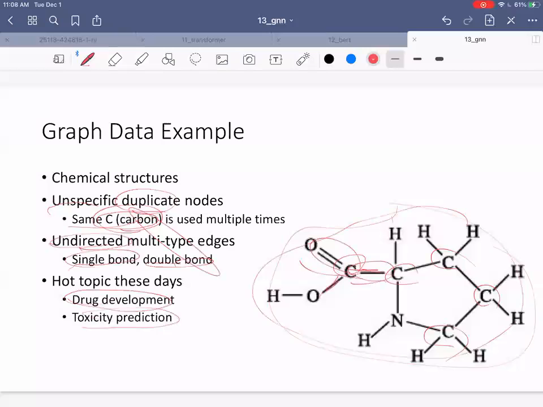Also, another interesting thing is toxicity prediction. When you want to develop a drug, for example, or anything human digestible, you want to predict its toxicity. Some chemical compounds are toxic, so you want to predict the toxicity level of a compound. In that case, you look at the chemical structure, use graph neural networks, obtain a graph representation, and then plug it into a binary classifier, whether it's toxic or